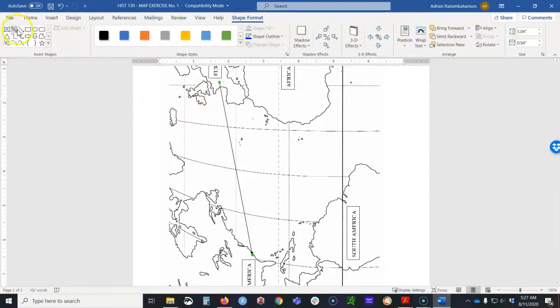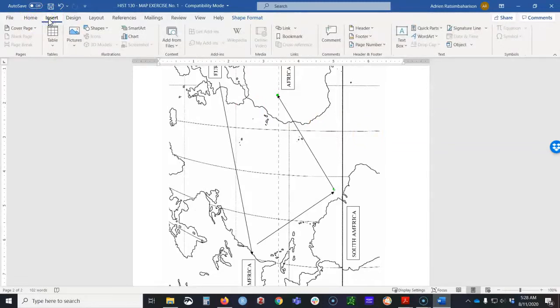Then you go back to the top and get your arrow and do like this, and then you have another arrow from South America to Africa. So you just do like this, and once you did that, you click again on Insert, and this time you